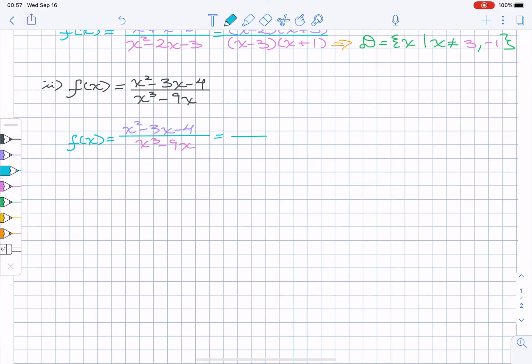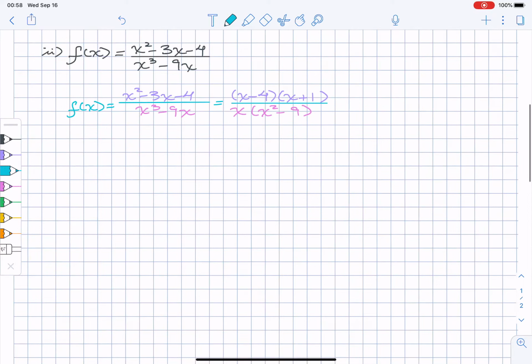So in the numerator, I'm looking for two integers that have a product of -4 and a sum of -3. So I claim that's -4 and +1. In the denominator, I notice that I can factor out an x, and what remains is x squared minus 9. But that can factor. It's a difference of squares. So x minus 4 and x plus 1 all over x times the quantity x plus 3 times the quantity